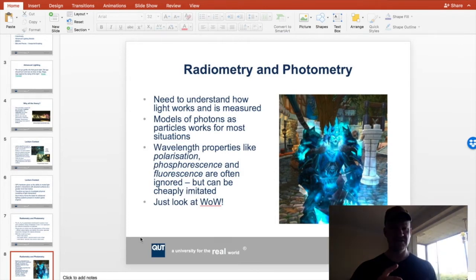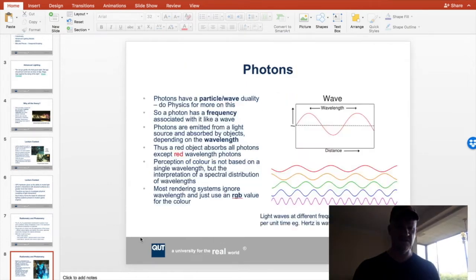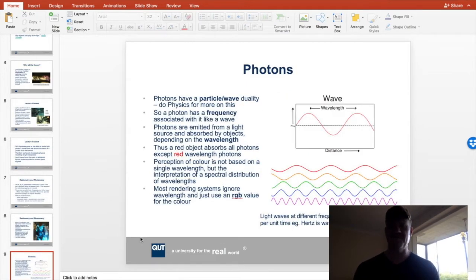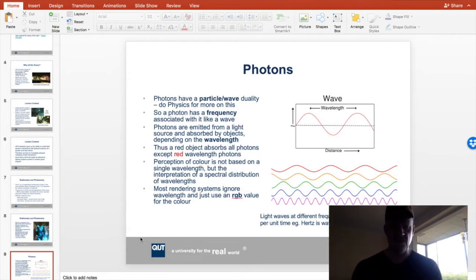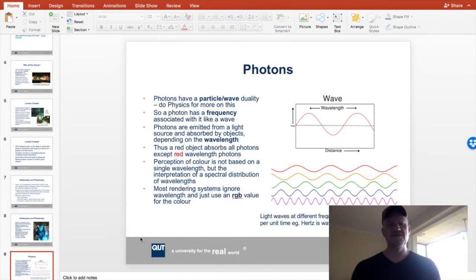They bounce around, come into the camera, and you need to be able to model that effectively. So what are photons? I'm glad you asked. This keeps me up at night, worrying, quite frankly. What is a photon? Keeps a lot of physicists up at night worrying. But the idea is that photons have a particle-wave duality. I'm going to stop there; go into a physics degree, and you can dig right into what is going on